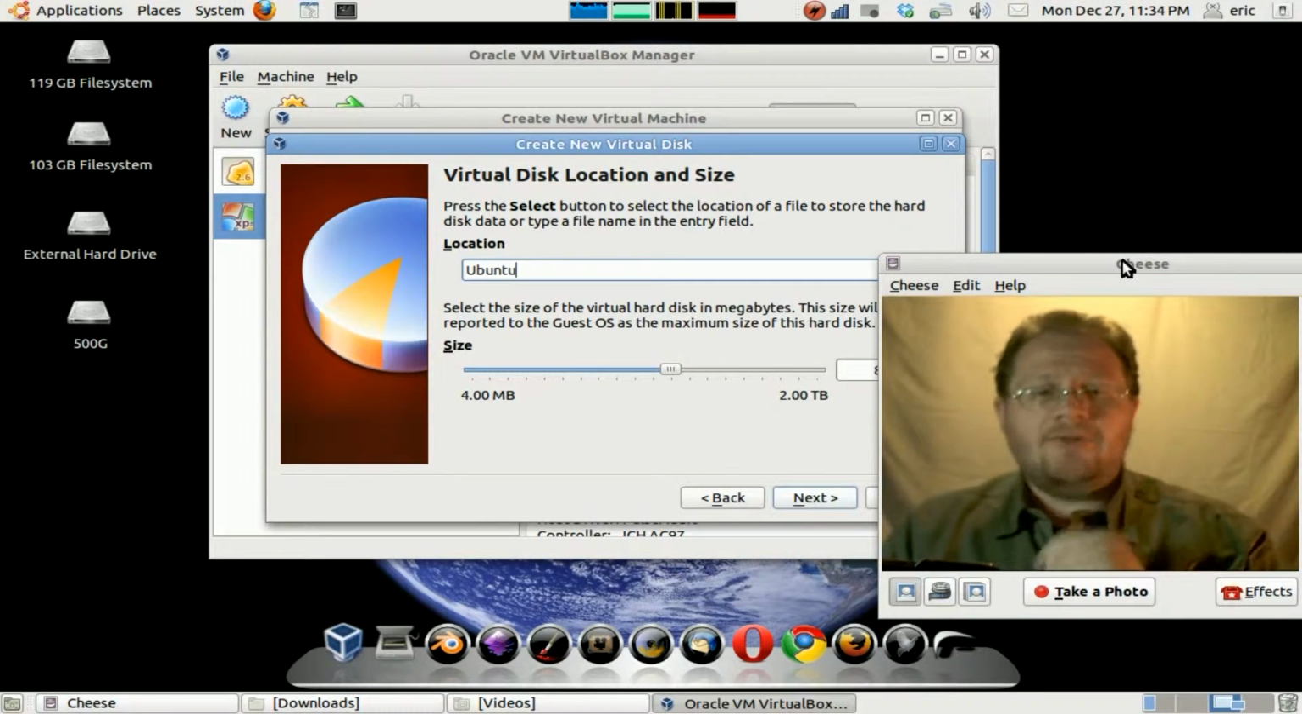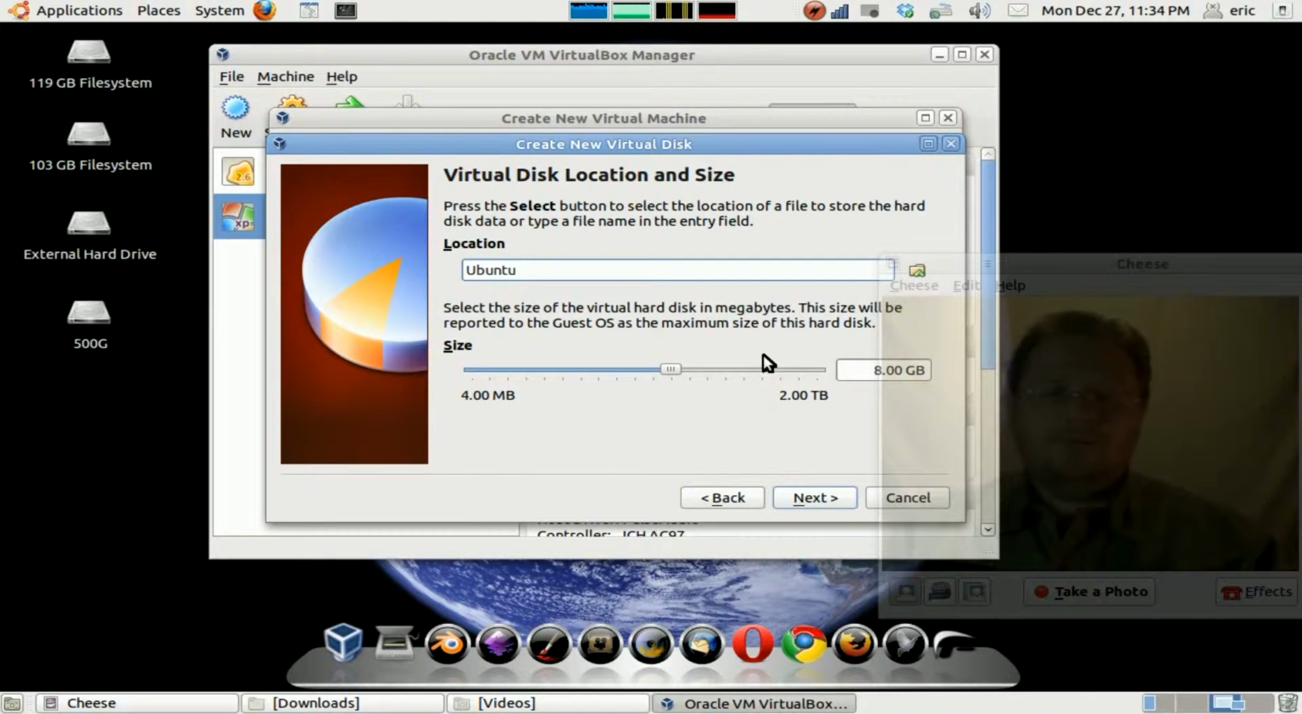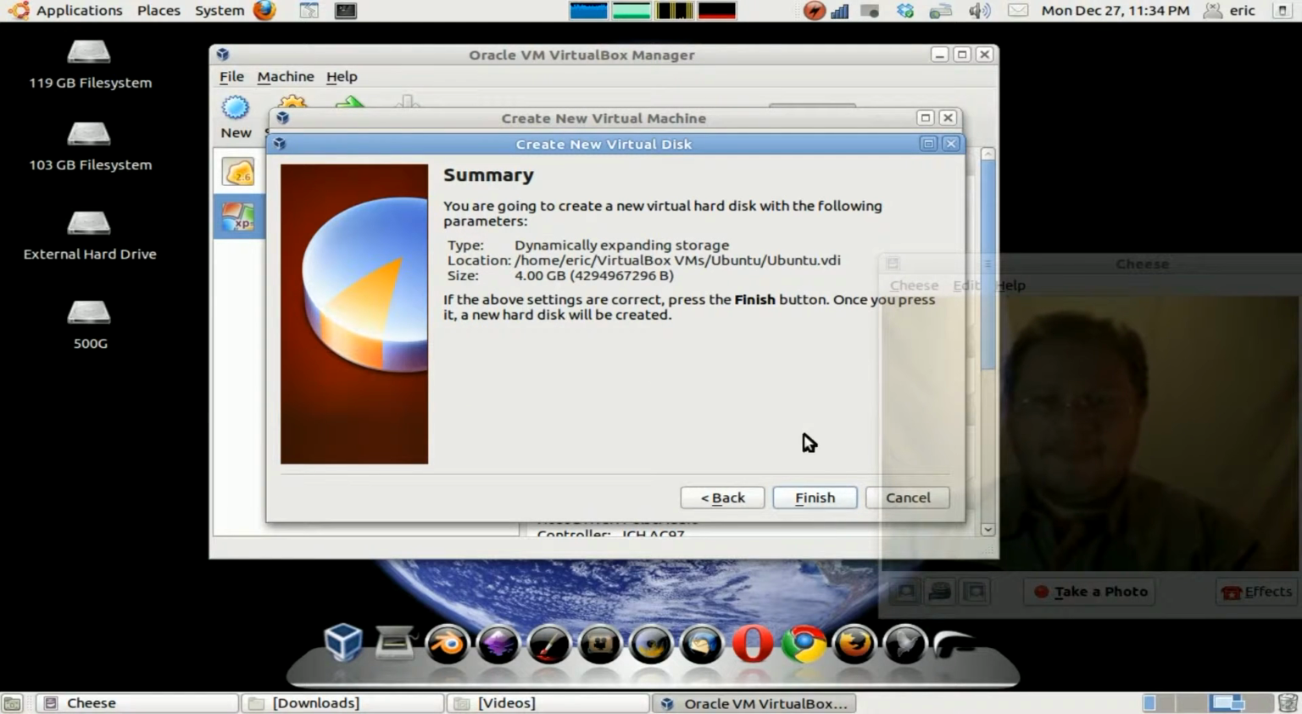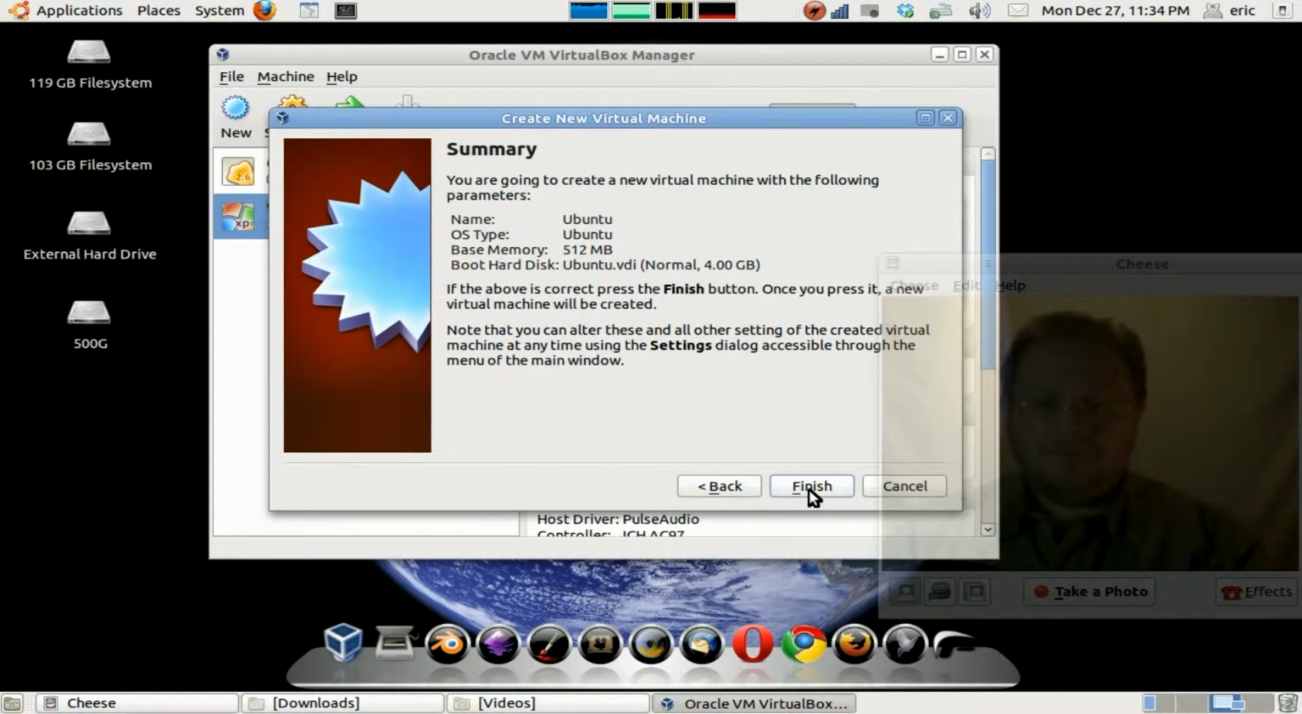So then we have our virtual disk location and size. The normal size, 8 gig, 10 gig, you can do 20 gig or whatever, depending on what you want to install. I'm just going to play around with this thing for a little bit today, so I'm just going to create, let's do a 4 gig, because that's all I'm going to really need today. And finish. Okay, we're creating our